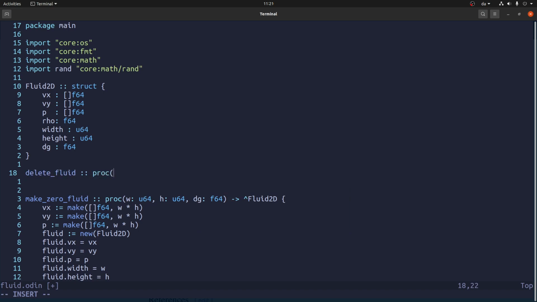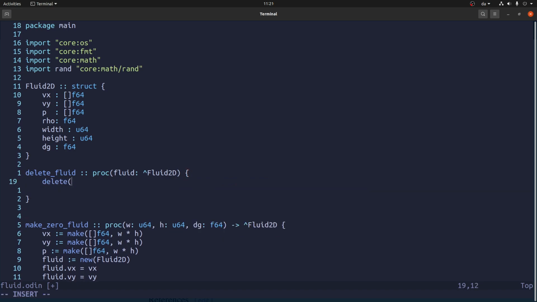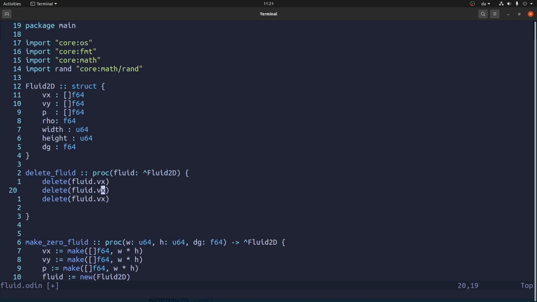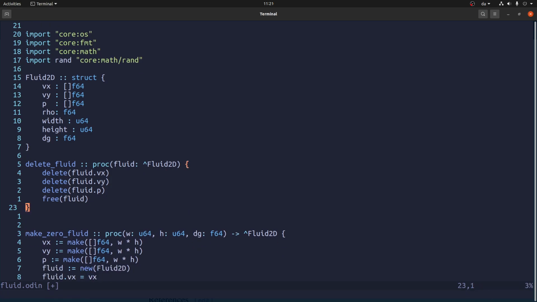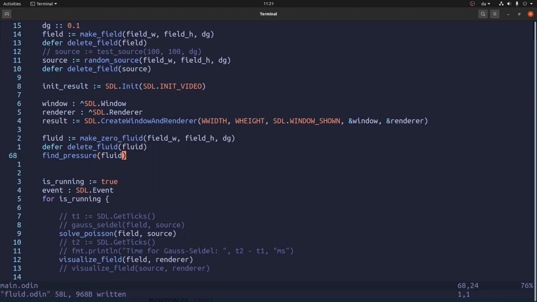It's a procedure that takes fluid, pointer to fluid, and it will delete these guys, and then it will free the fluid pointer, something like that. Okay,